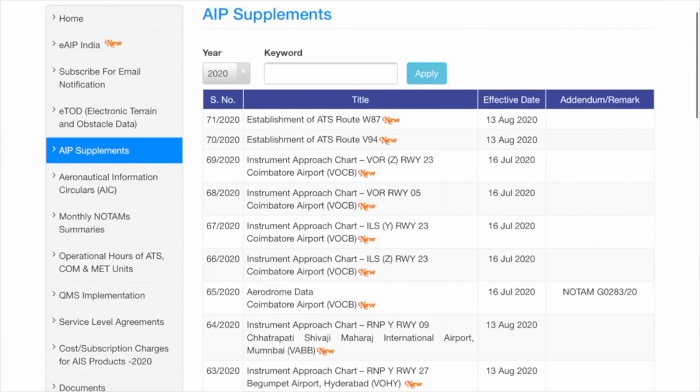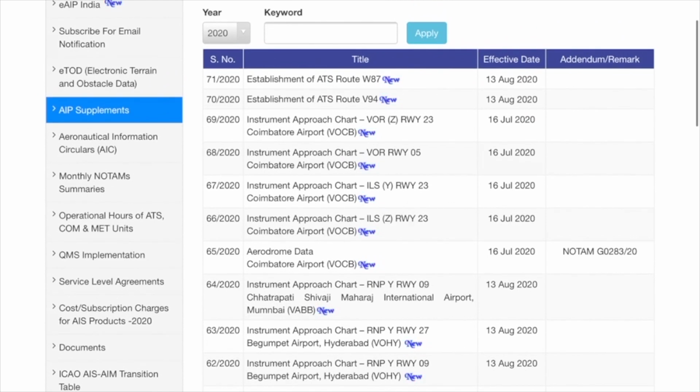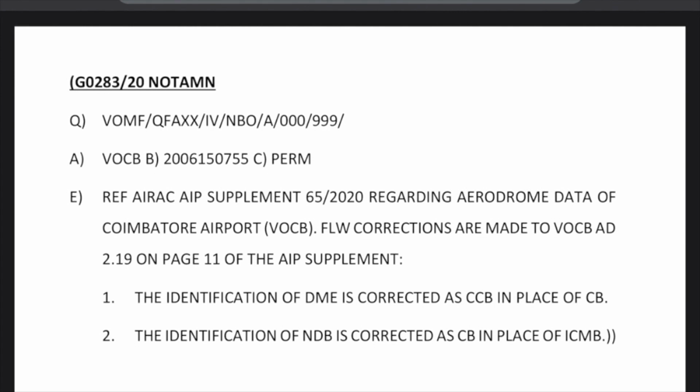Okay, so I see a NOTAM which is NOTAM G. Let me just select that. So if you see, this is how the actual NOTAM looks like. It's a little overwhelming and intimidating at first, and some people actually call it the alphabet vomit. But by the end of this video, be sure that you'll know each and every field of this. So let's start from the top.